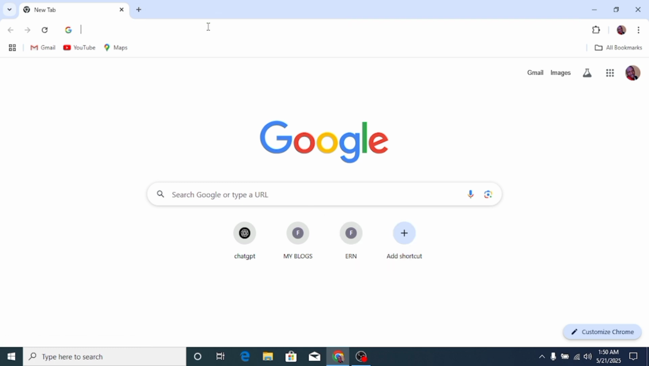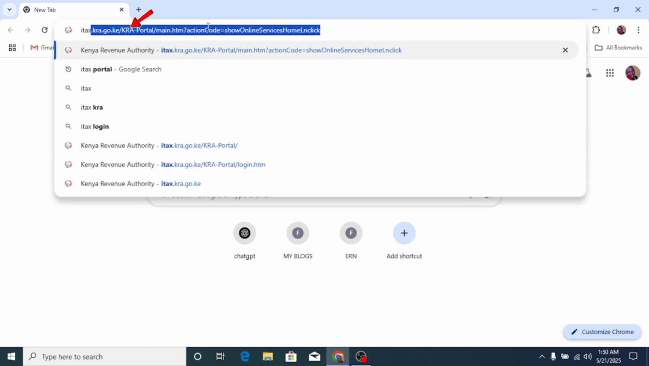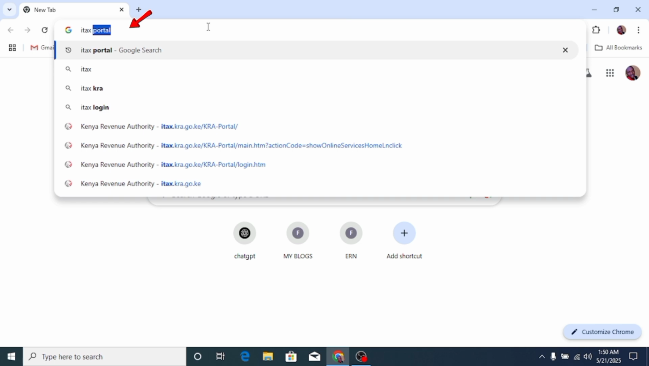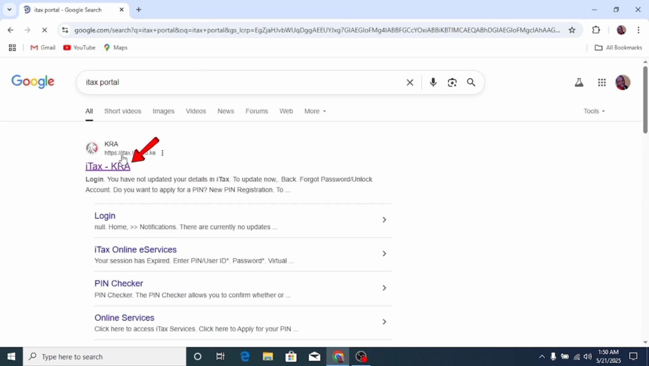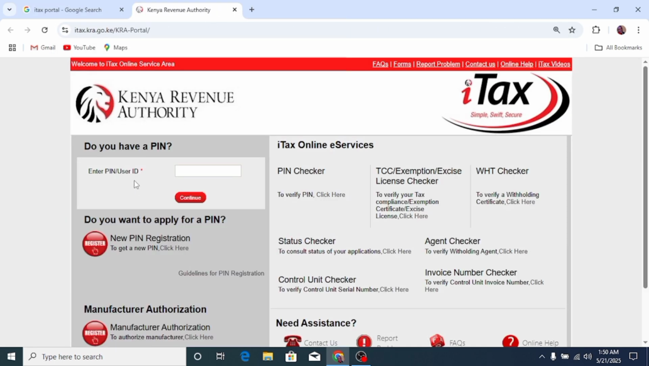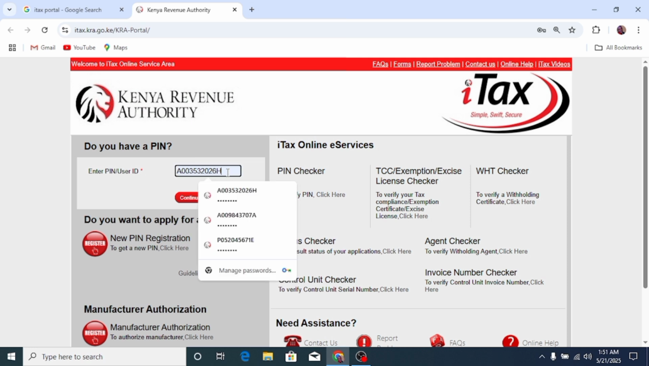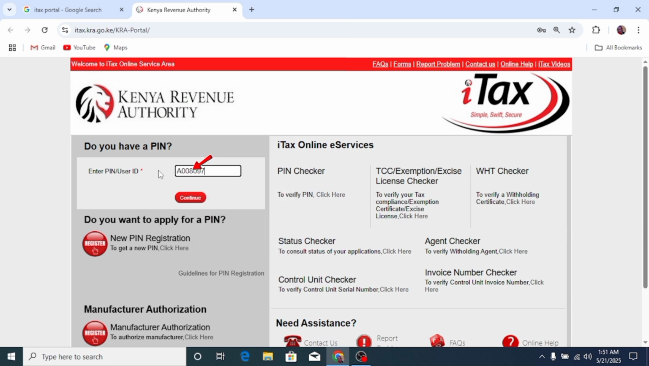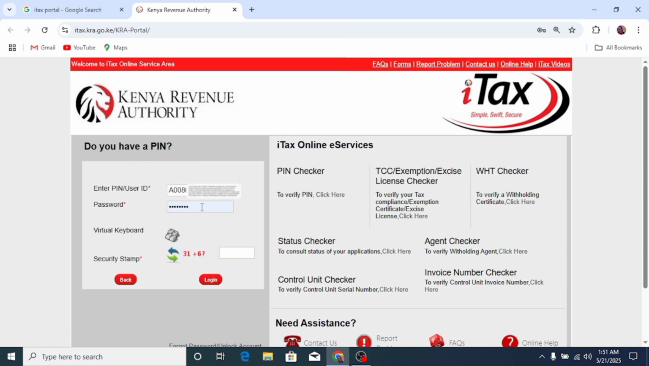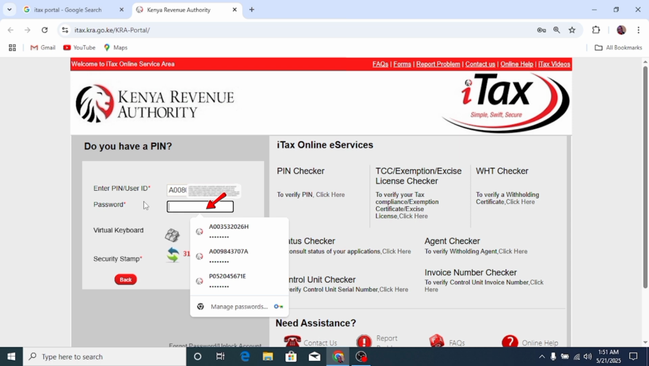Head over to your iTax portal, click the first link, and the link is going to direct you to the KRA iTax portal. Enter your KRA PIN, after you enter your KRA PIN, click continue, enter your password, make sure the password is correct, and if you